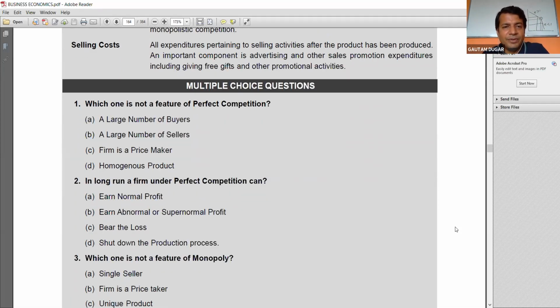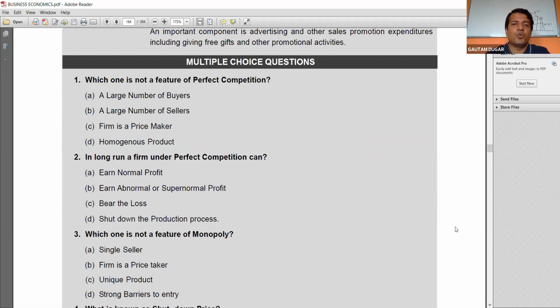Like number one, let us discuss these questions. Which one is not a feature of competition? Number one, the answer is C. Number 2. In the long run, a firm under perfect competition can. Number 2, yes, it's only A. Sorry, it's not B. Tanisha, then